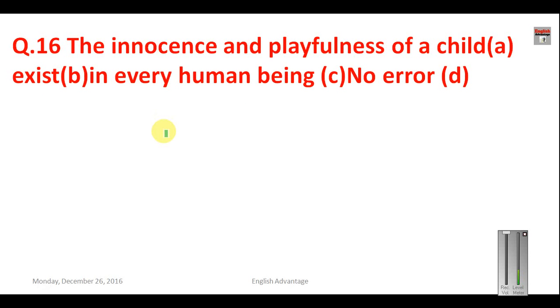Question number 16 says, the innocence and playfulness of a child exist in every human being. Now here we are talking about the two qualities, innocence and playfulness. But here we are talking about both of these qualities as a single unit, because this "the" hasn't been used twice, it has been used only once. The innocence and playfulness. So when "the" is used only once, it is considered a singular unit. Innocence as well as playfulness, both of them belong to a child, and we are considering it as a